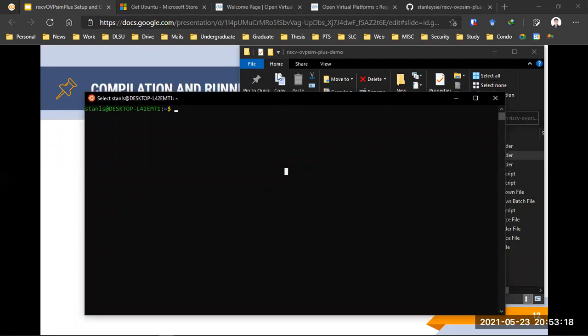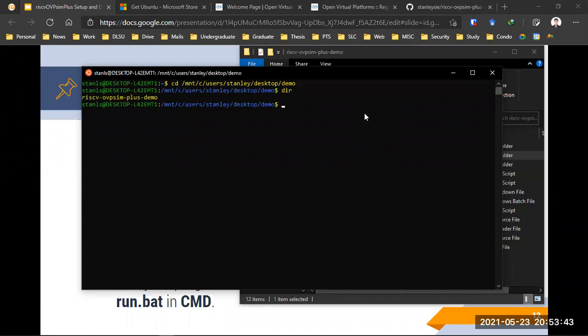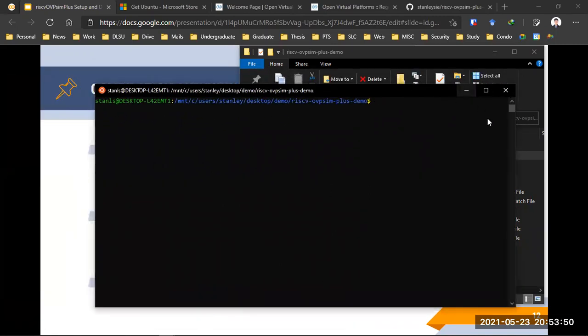Okay, sorry for that. So we have opened our Ubuntu terminal, so we can just go to our directory. In this Ubuntu terminal, you can just go to /mnt and then the drive where your project folder is located. In my case, I'm in drive C, users, Stanley, desktop, then demo. Yeah, and then cd riscv demo, and then from here I want to run